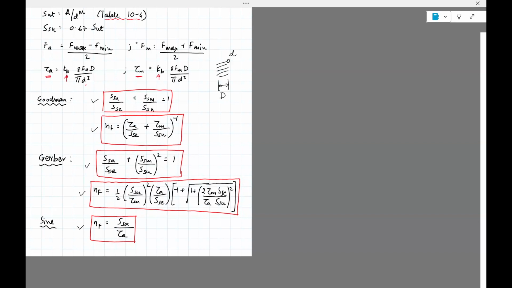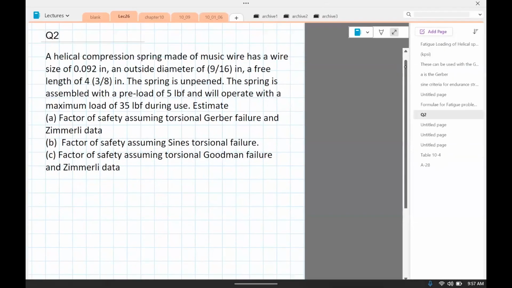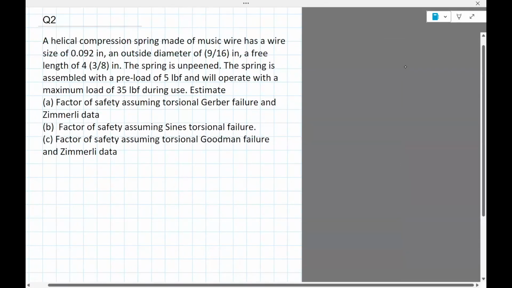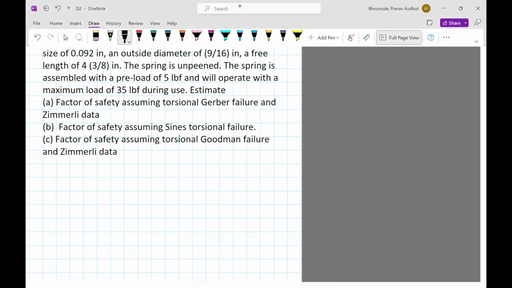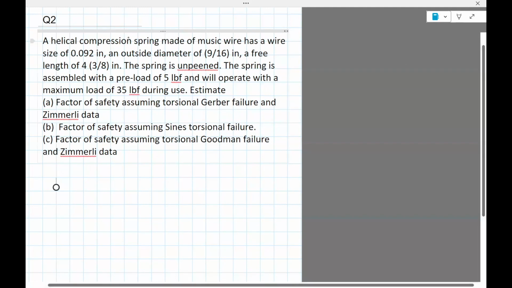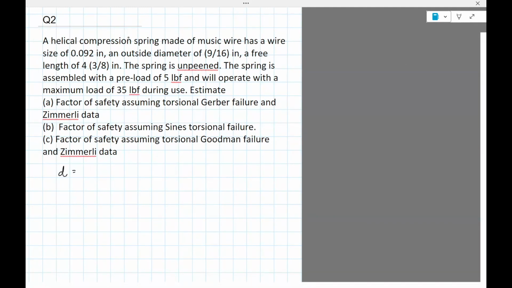Okay, so with that, let's solve a problem. Okay, here is the problem. A helical compression spring made of music wire has a wire size of 0.0198 inch. Okay. So what that is, wire size means the diameter, the small d,